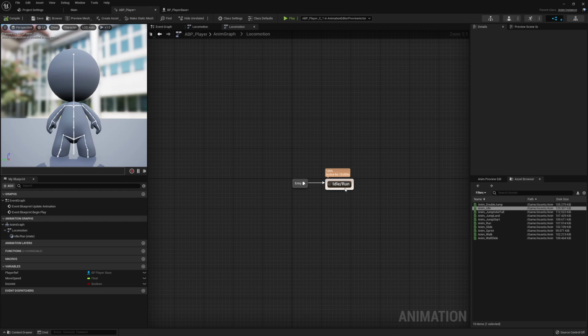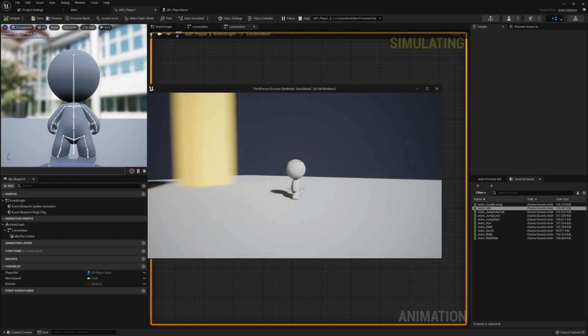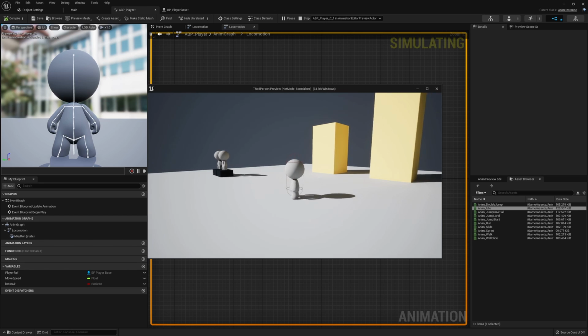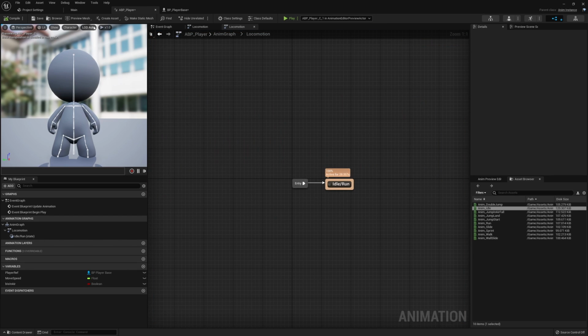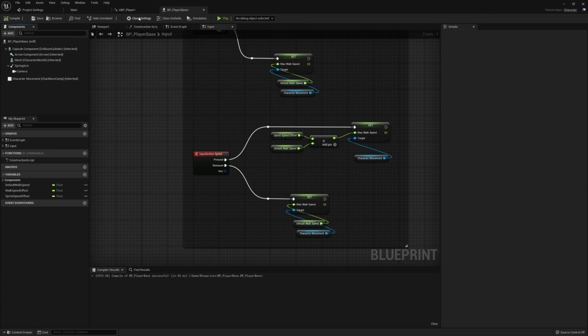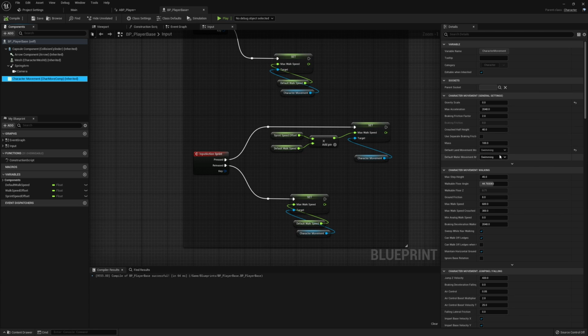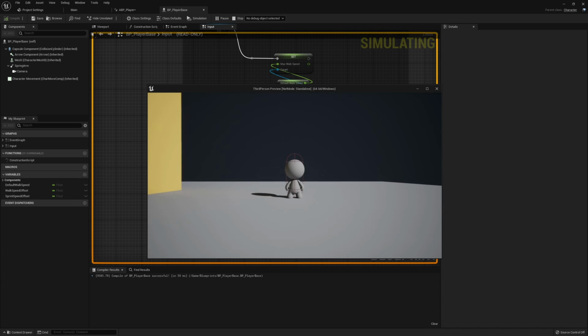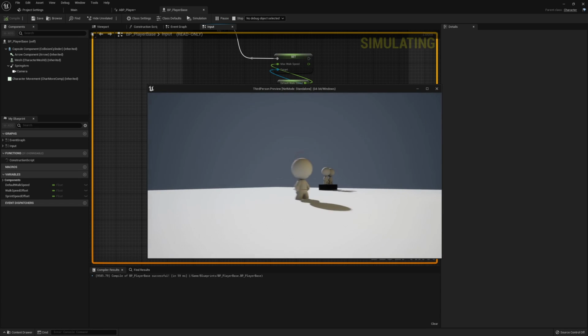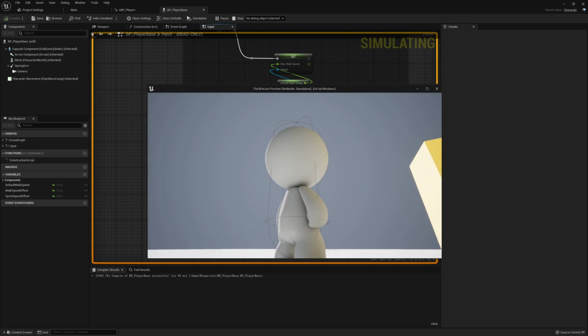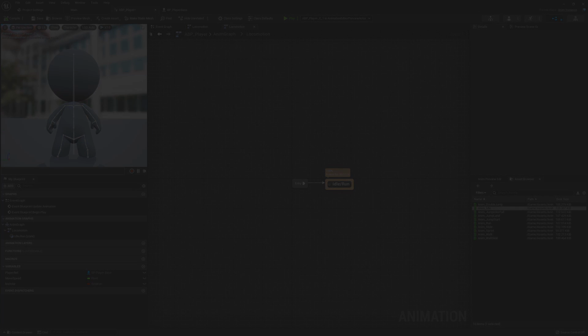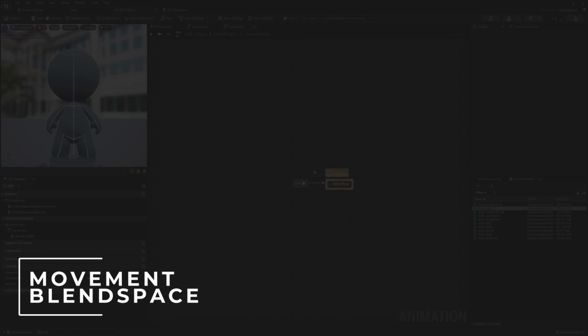What we now want to do is extend this a little bit because, of course, if we were to begin moving around, we're just idling whilst we're running or moving. It seems as though I still have this in the swimming movement mode. So I'm just going to go back to the character movement, change the default land movement in case you left this to the same thing, and turn this back to walking. And then if we press play, we can double check that we are indeed sliding around, but in the idle pose. So we now want that to be updated to either walking, running, or sprinting,